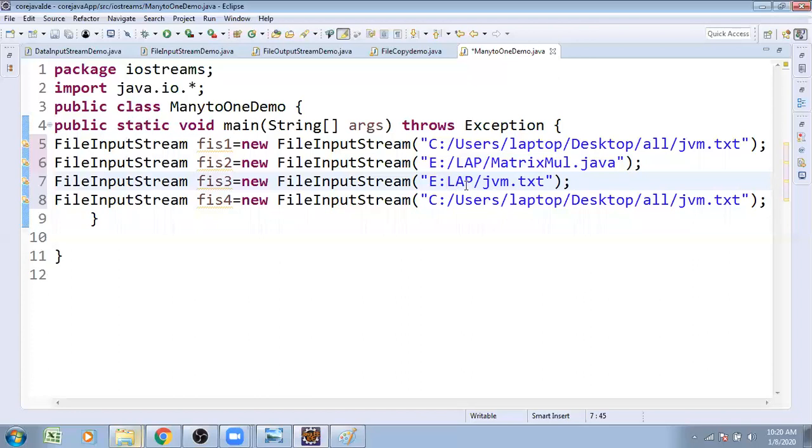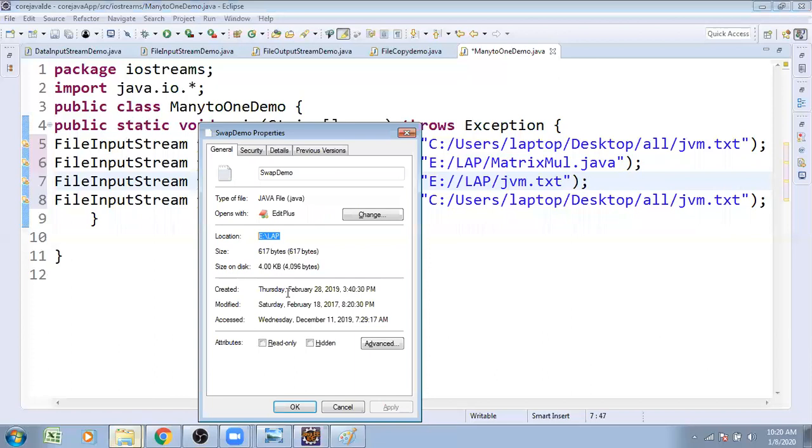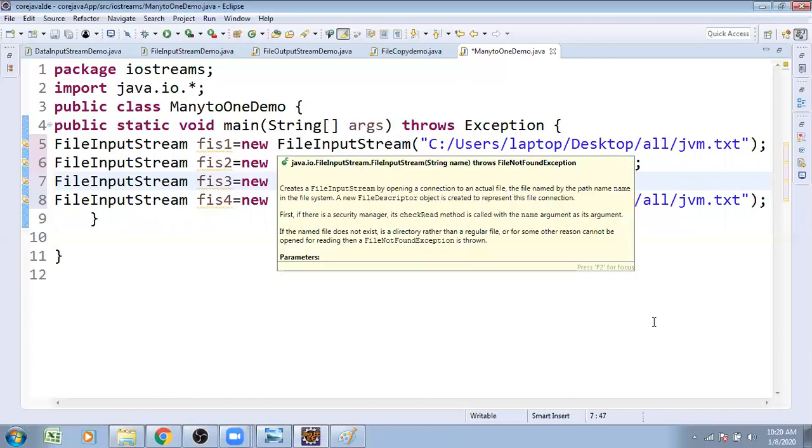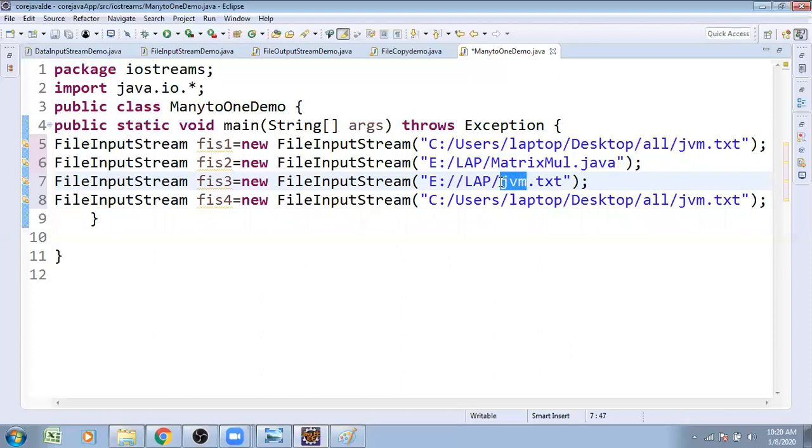There is a file named swap demo. The extension of that file is also .java extension. File 1 data, file 2 data, file 3 data.